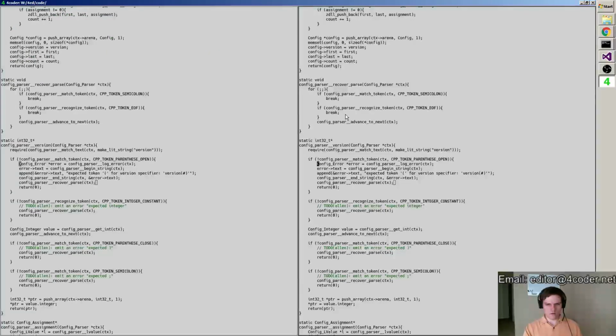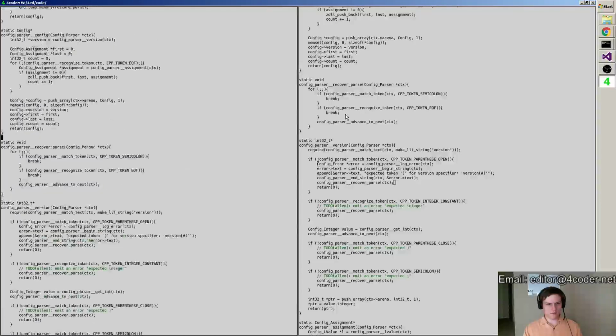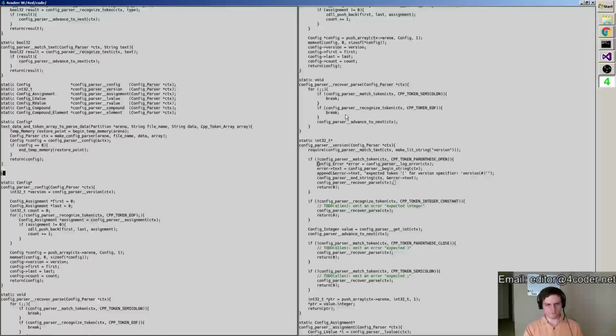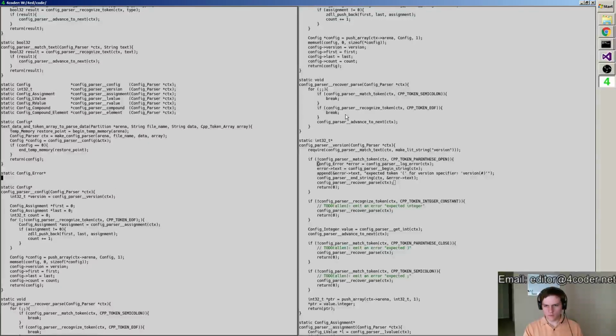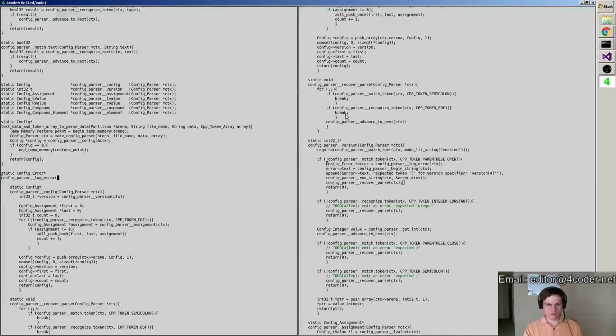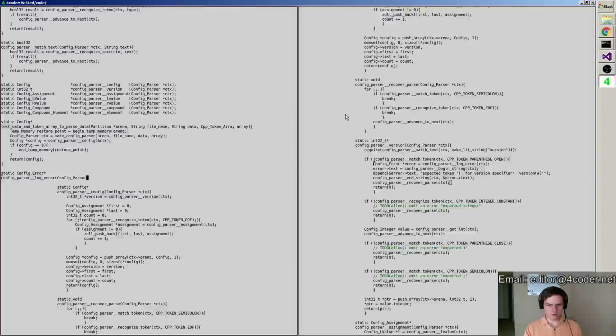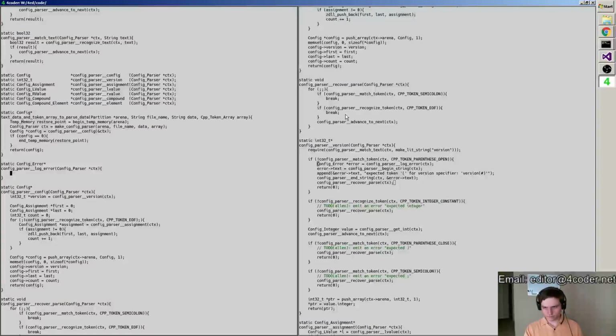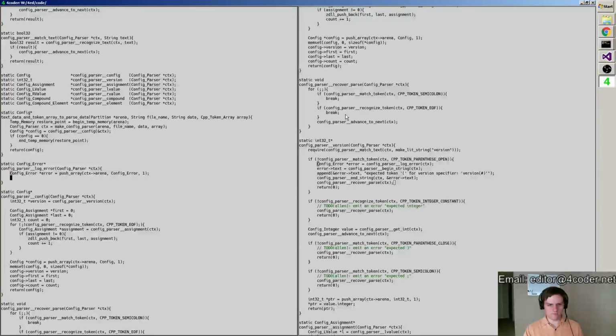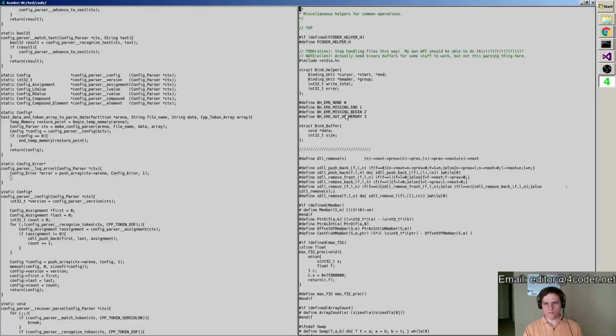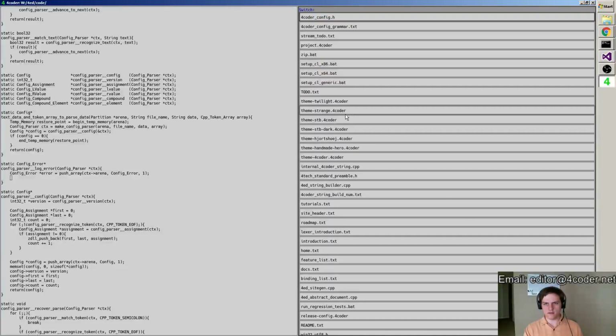Alright, so config parser log error, config parser context, config error equals push an array onto the context arena, one config error. I don't even have singular linked lists.